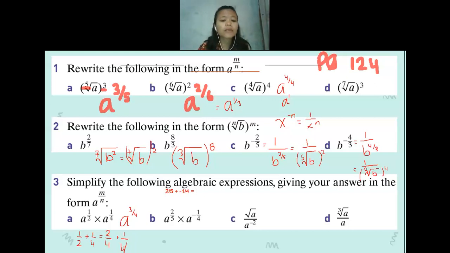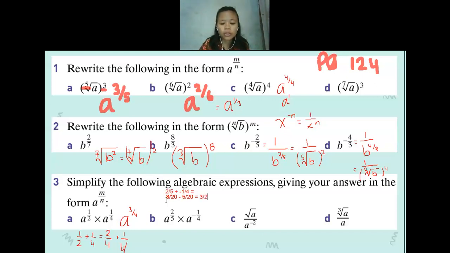20. Yeah, we make everything into by 20. So for 2 per 5, it will be how many by 20? Yeah, so it will be 8 by 20, correct. And then what about the plus and minus? We can make it into minus. The 1 per 4, if we make it into by 20, it will be how many by how many? It will be 5 by 20. So when we subtract them, the result will be 3 by 20.